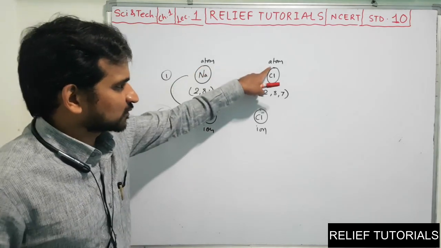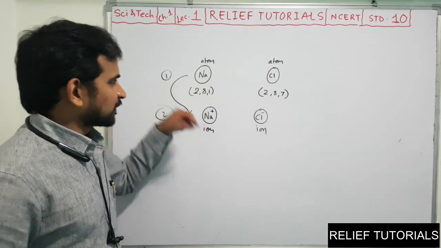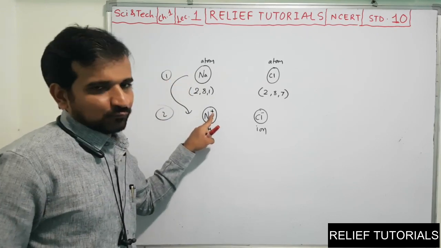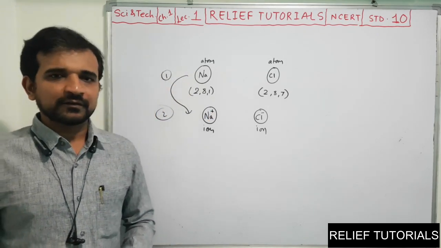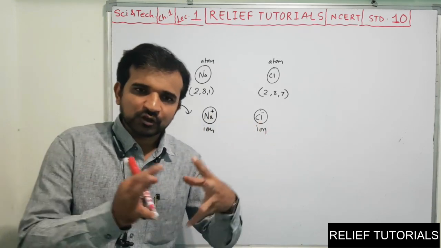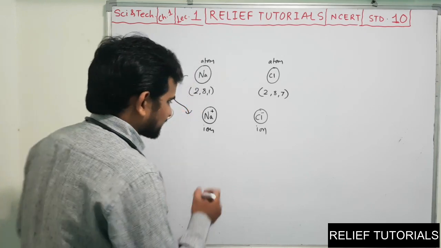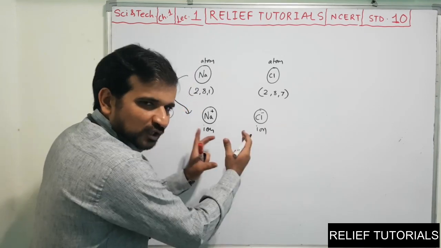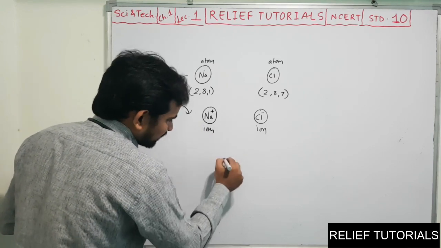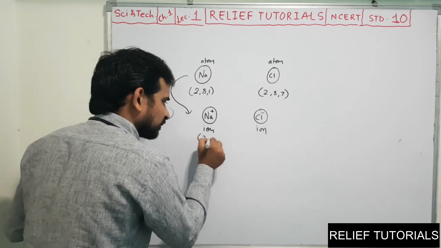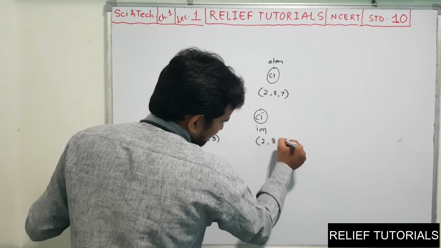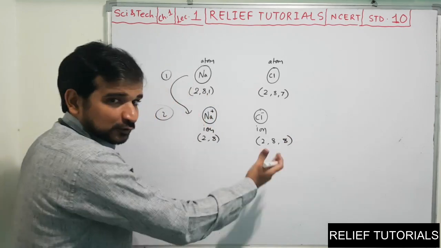Previously they were atoms. Now they are what? Ions. Previously they were chargeless, no charge was there. But now they are charged. One has a positive charge, another has a negative charge. As we know, positive and negative get attracted. So when they attract, they come closer. You know the configuration of sodium ion is 2,8 and chlorine now has what? 2,8,8.